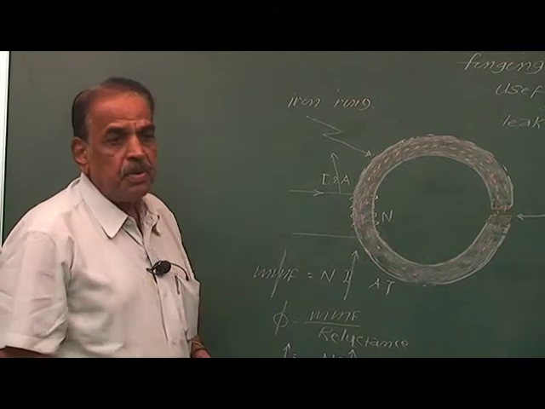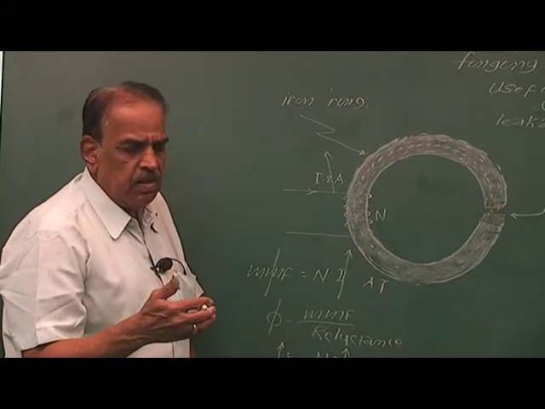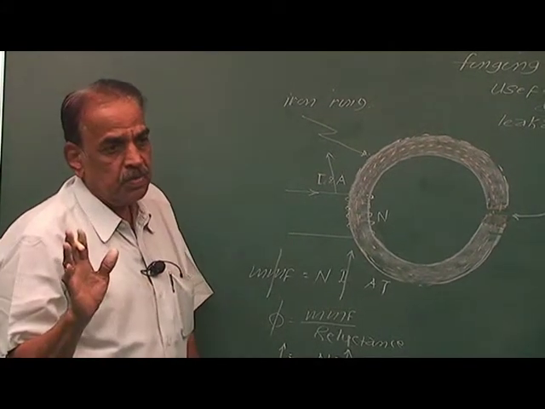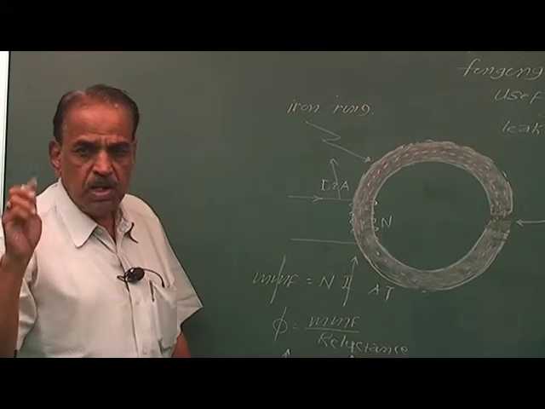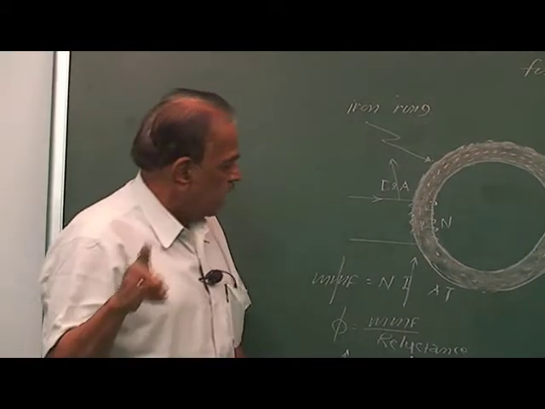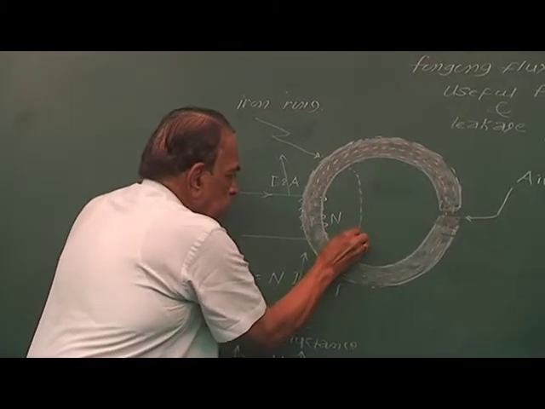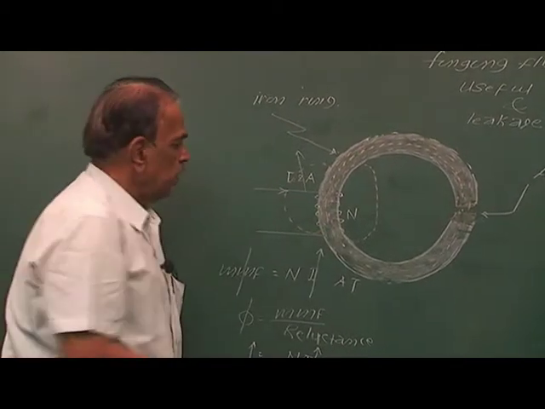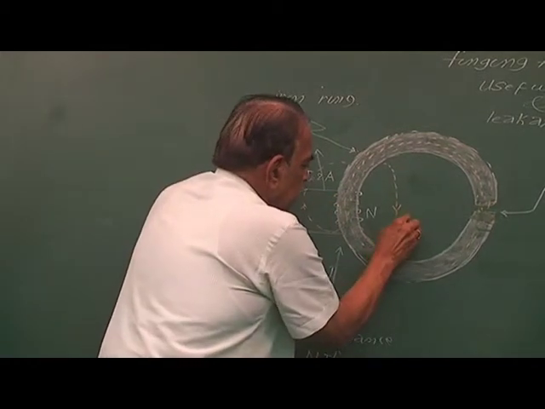What will be the ultimate effect? Afterwards, when the value of current reaches a certain extent, then saturation of the core takes place. Means mu r starts decreasing. That is called saturation of magnetic material. And at that time, what happens? Flux lines try to travel like this. Few flux lines, of course. And this is the leakage flux. This is leakage.